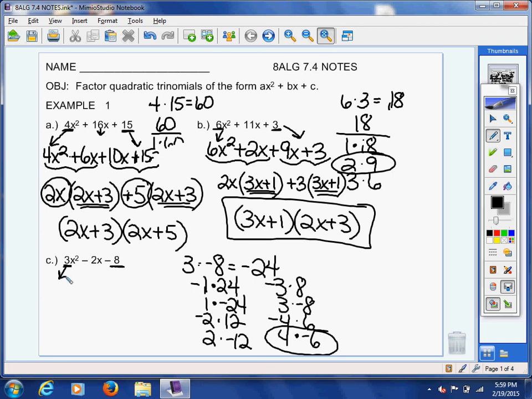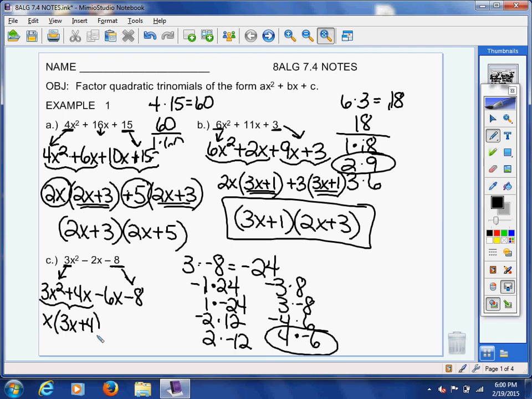So we're going to drop down 3x squared. We're going to rename negative 2x. We're going to call it positive 4x and negative 6x. And then we're going to drop down our negative 8. Okay? Looking good. Let's factor by grouping. Let's start with the first 2. No common factor with the numbers, but we can pull out an x, so that's going to leave us with